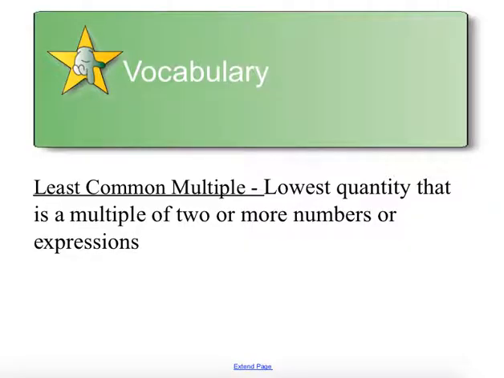So the least common multiple, we are saying this is the lowest quantity that is a multiple of